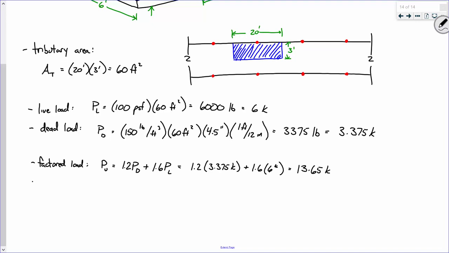Let's see, what else do we need? We know that it's A36 steel, right? What does that tell us? Now, continue that. F sub y is... But exactly, if you follow that out, you can look up an F sub y and an F sub u. But for this particular problem, we don't need the F sub y, because for threaded rods, we're just going to say our limit is the fracture. So we need F sub u, which is,